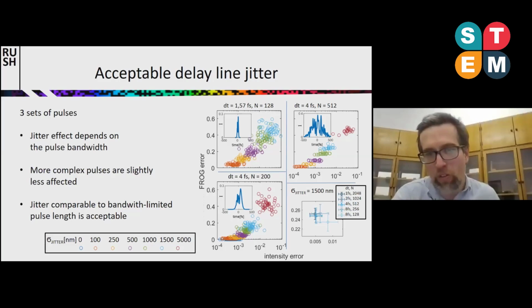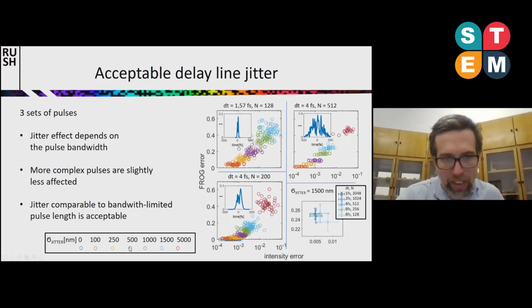This is kind of understandable because your FROG trace also stretches in time. You don't need to reach such a big precision. So, for instance, here you can see that these cases 250 and 1000 jitter are comparable in these two pictures here.